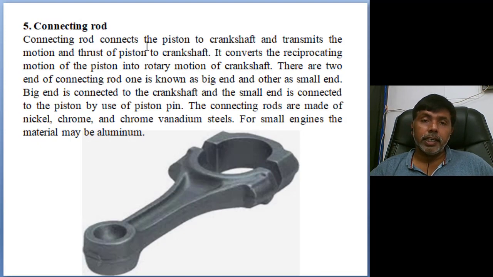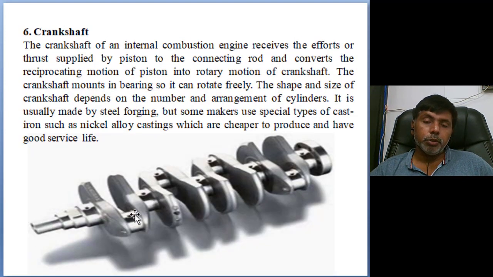Next, coming to the connecting rod, you see the big end and small end. The small end is connected to the piston. The big end is open type, connected to the crankshaft with bolt and nut. For small engines it is aluminum alloy; for big engines it is nickel chromium alloy only. Crankshaft: the size and shape of the crankshaft depend upon the number of pistons, meaning the number of cylinder bores. Here you see a 4-cylinder crankshaft. In a 4 stroke engine, the flywheel size will increase; in a 2 stroke engine, the flywheel size will reduce.